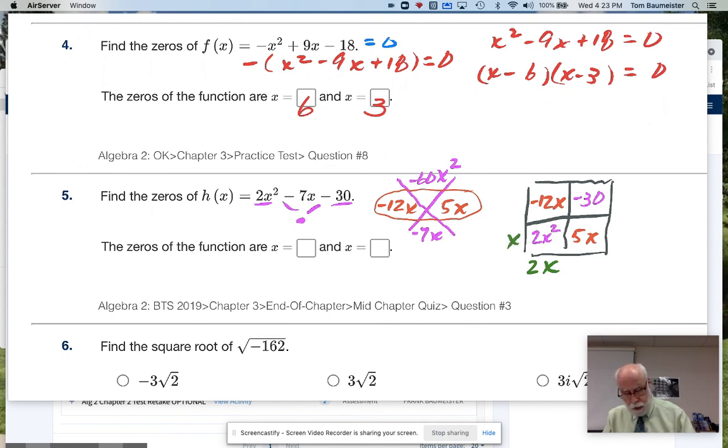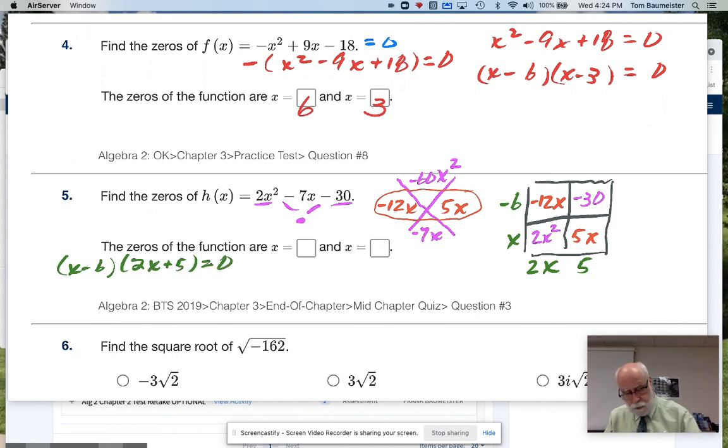And then I said 2x times what gives us negative 12x? And you told me minus 6. And then since we've already taken care of this side, we still have this missing piece here. So x times what gives us 5x? And you told me 5. There's our factoring. So now we can say that x minus 6 and 2x plus 5